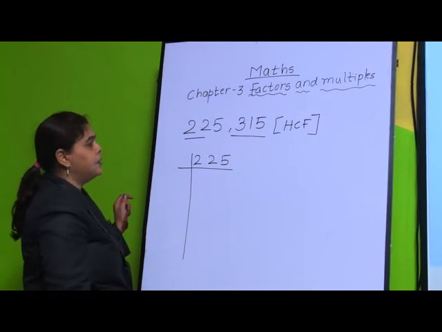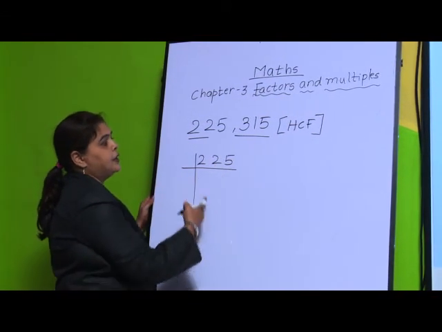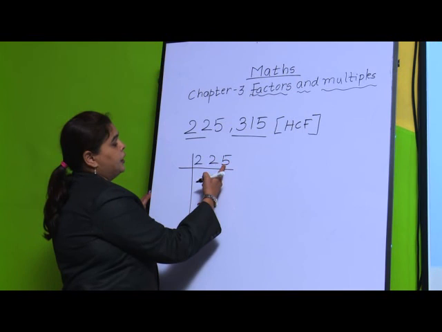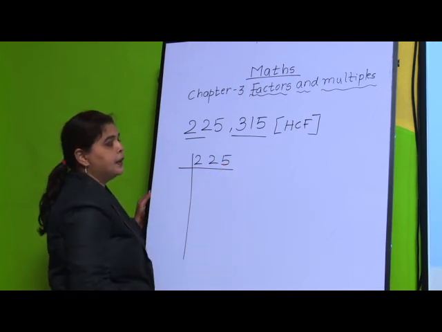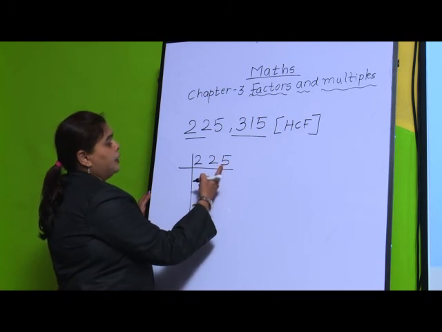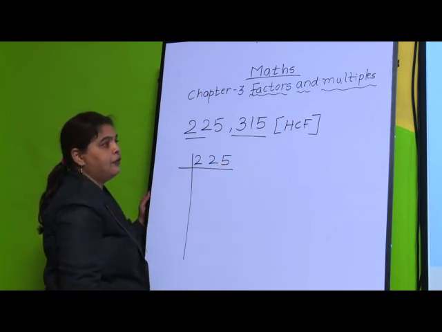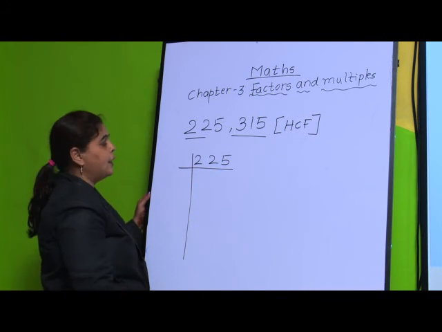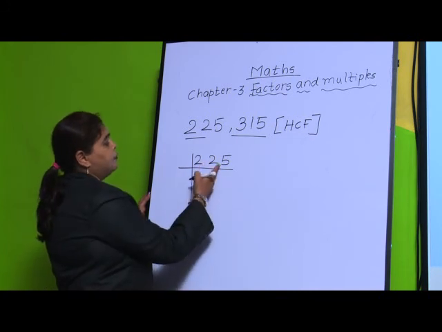In the previous class I had given some tricks to you. First we have to see, if we are having an even number in the ones place, that number can be divisible by 2. But we do not have an even number here in the ones place. So, we have to try with 3. What is the divisibility rule I told? Just we have to do the sum of the digits.